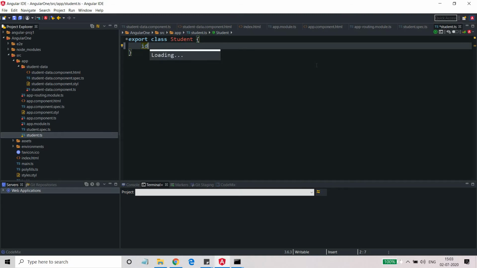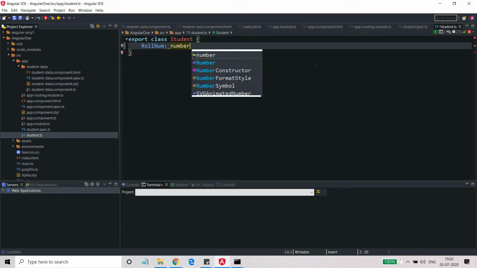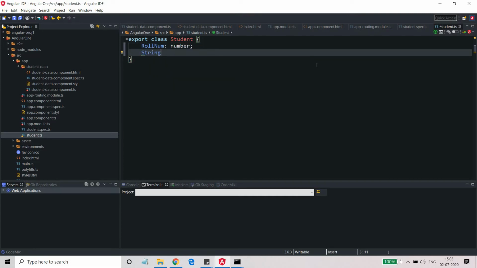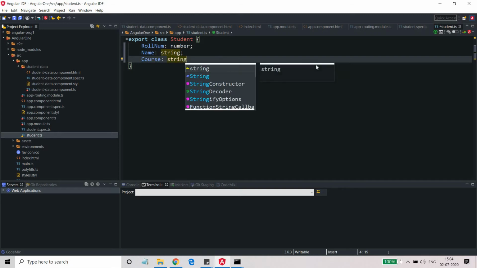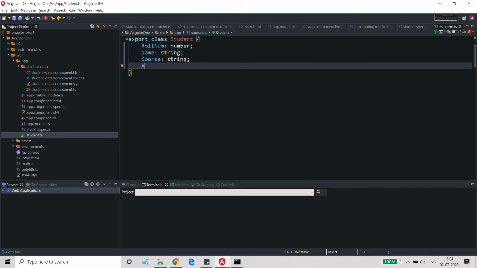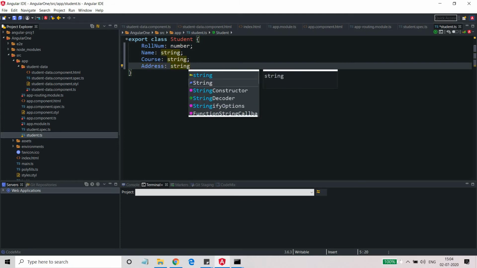The first attribute is id, or you can say the roll number, and its type is number. Then name would be a string, then course would be a string, then address also a string, and that's it.